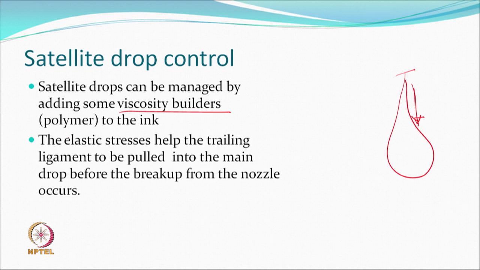So, why does it happen? Because of this small increase in the viscosity, there are elastic stresses which help this trailing ligament to be pulled back to the drop itself before breaking up from the nozzle. So, this is one way the ink manufacturer would like to control, and which definitely will help in the quality